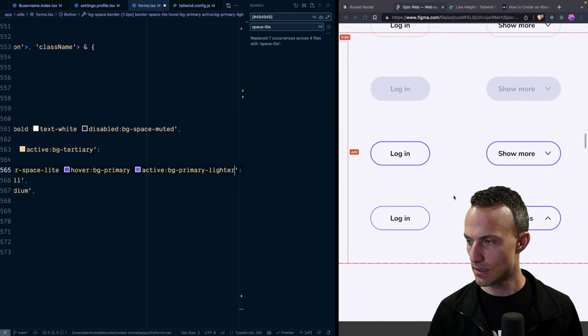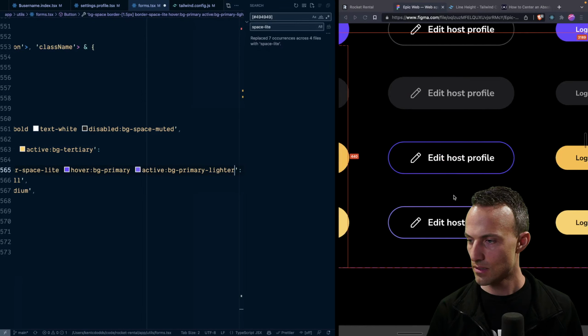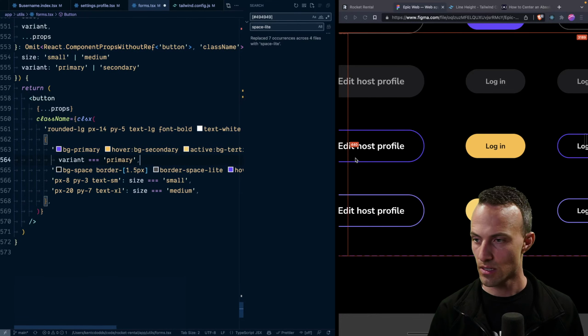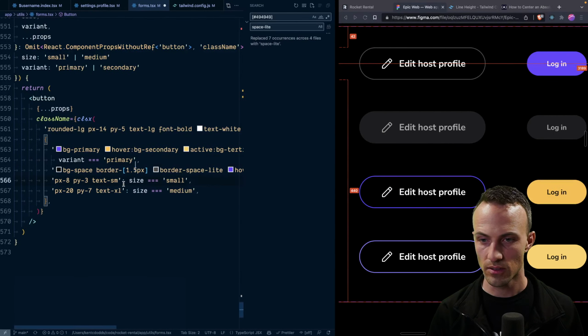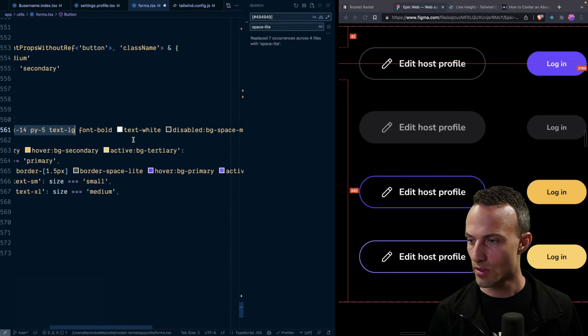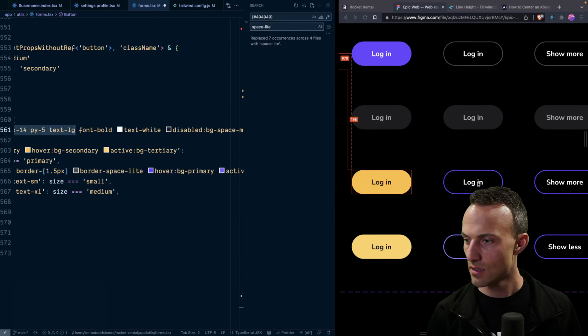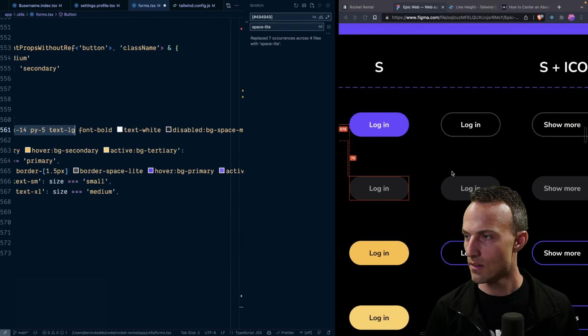We'll have to look at all that too. But I think we've got our variants. Let's double check our size here. So this stuff is part of our size. I think we're still bold. It's just the